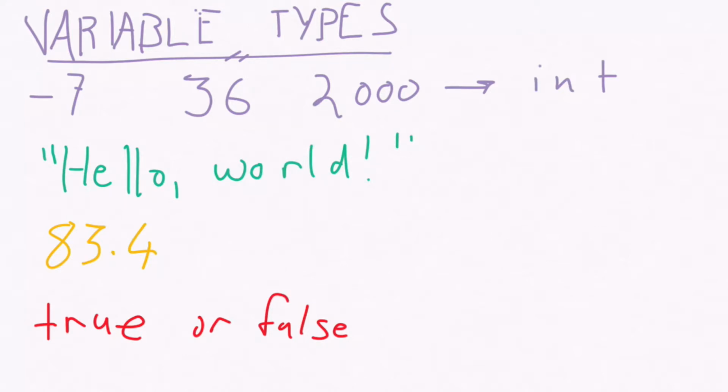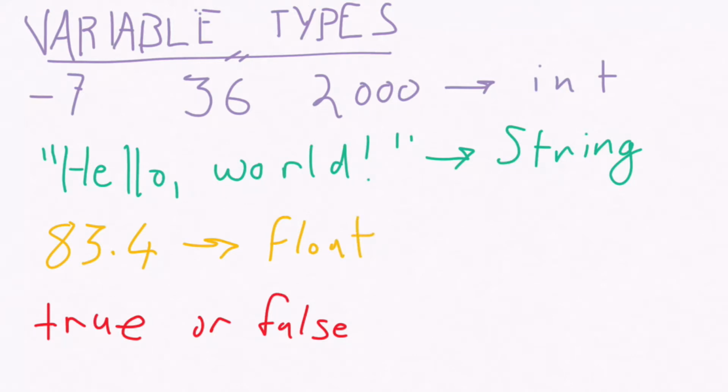A text message with letters and spaces and punctuation and stuff like that can be stored in a variable called a string. A number with a decimal, like 83.4, can be stored in a variable called a float. And a value that can only be true or false can be stored in a variable called a Boolean,